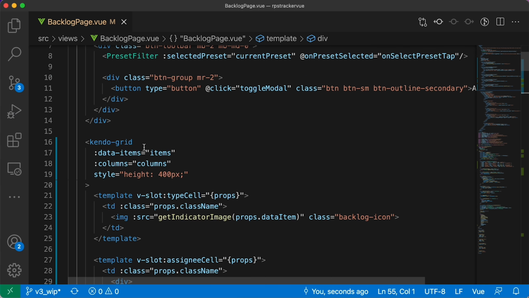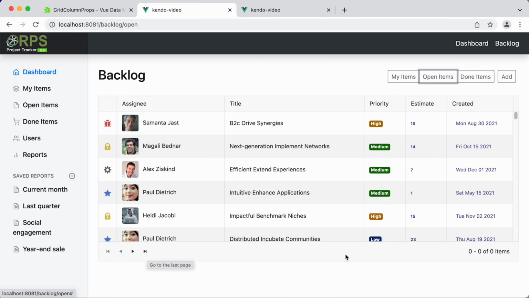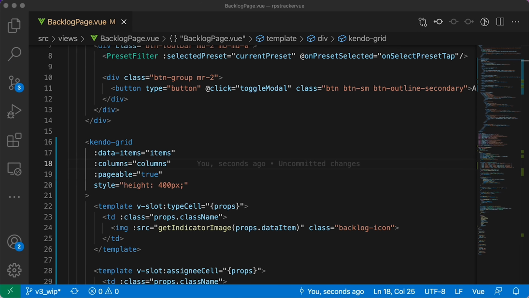Paging is made up of a few different properties working together. The first thing we need to do is enable paging on the grid itself, and we do this just by setting the pageable attribute and setting that to true. You can see that that turns on a footer down here, but paging is not going to work yet until we define a few more attributes and an event that we need to bind in order to make the grid